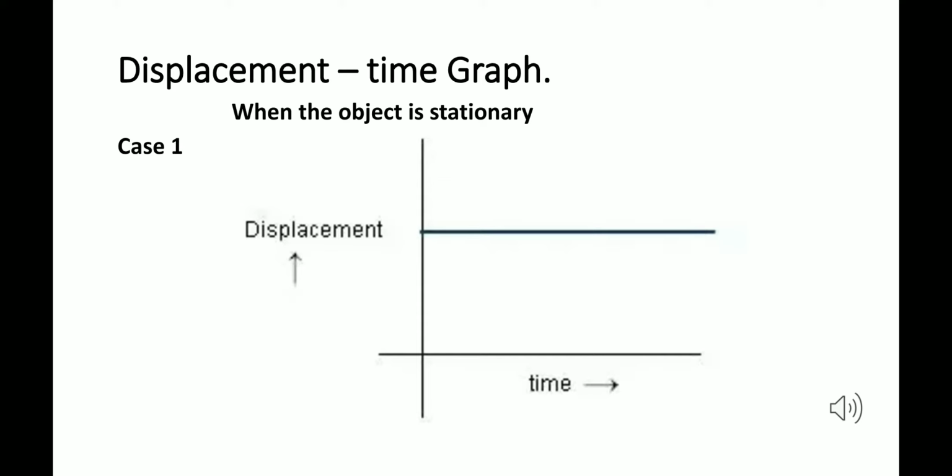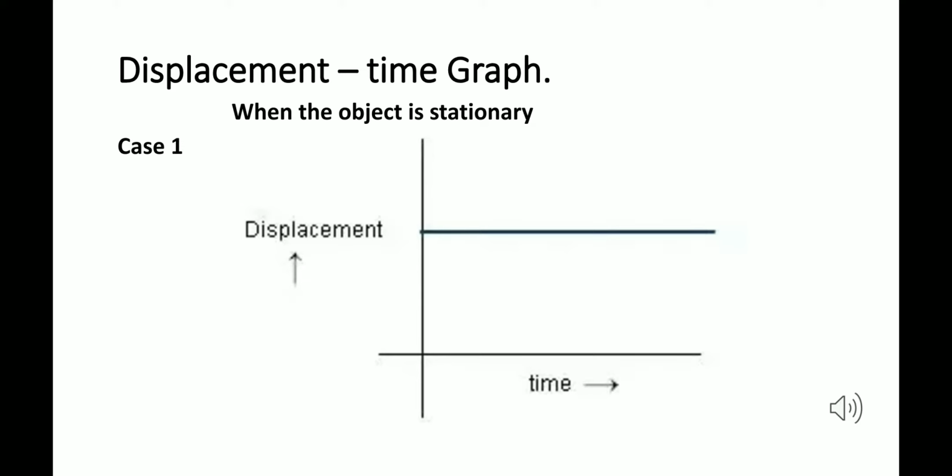So we will get the graph as the x-axis itself. So the graph here is showing displacement time graph when the body is stationary at some point and has moved some distance. I would also like to mention here that a graph